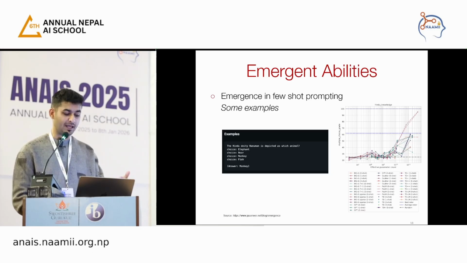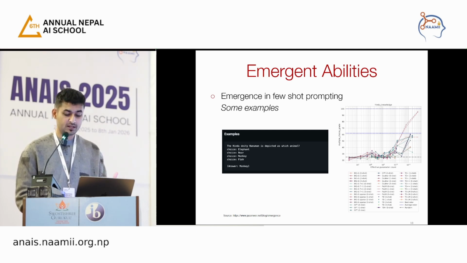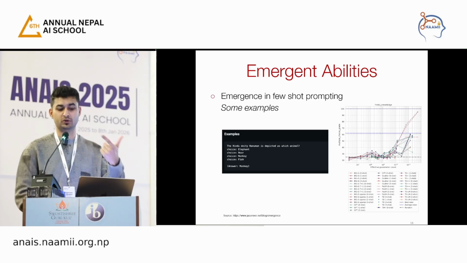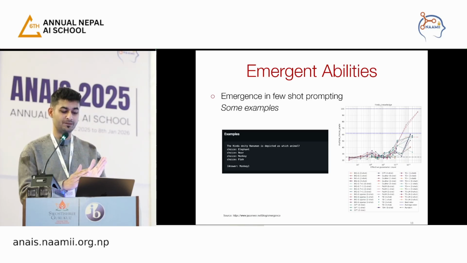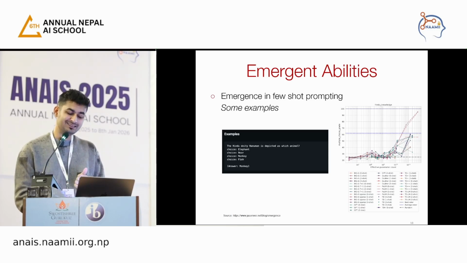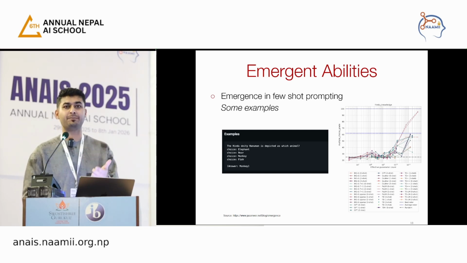Some examples here can be different knowledge from the benchmark and their answers, and then the task is to predict the answer for this. So 2 things help. One is the model parameter count. If it's large, the model is able to give answers correctly, and then if there are more examples. It's called an emergent ability of a language model, because in the smaller models, even if I'm giving examples, the model is not able to predict the correct answer. But if the model is large and I give the same number of examples, we get answers which are better than average. And this is happening without training the model.